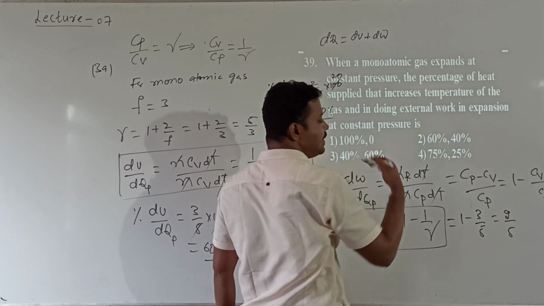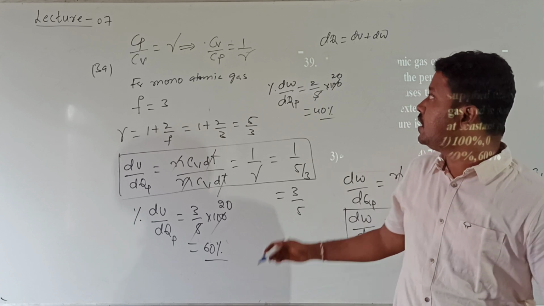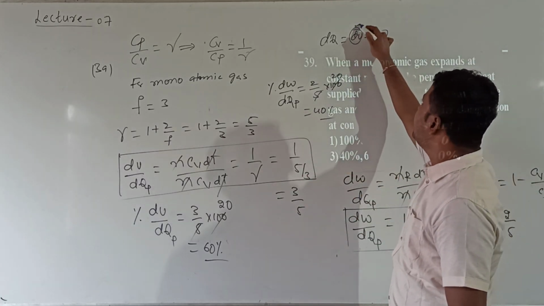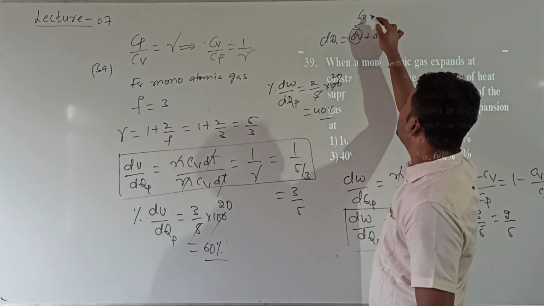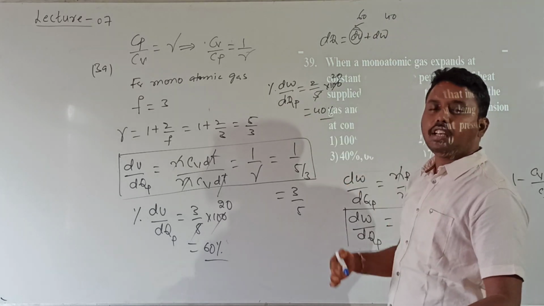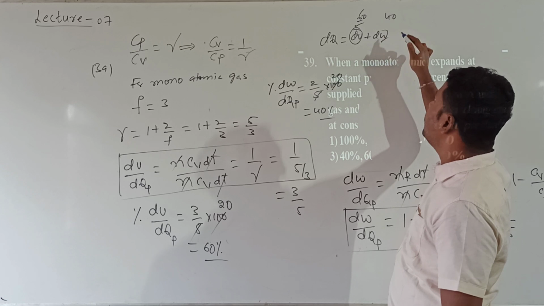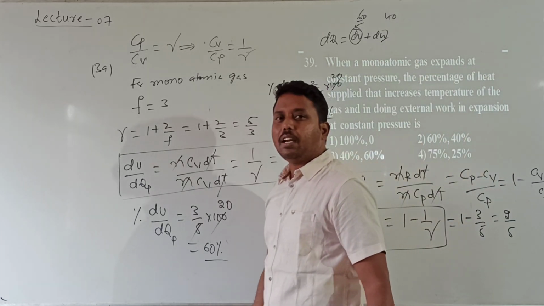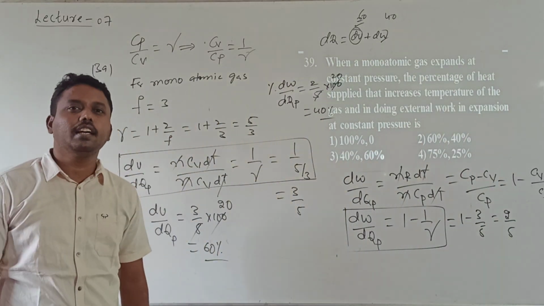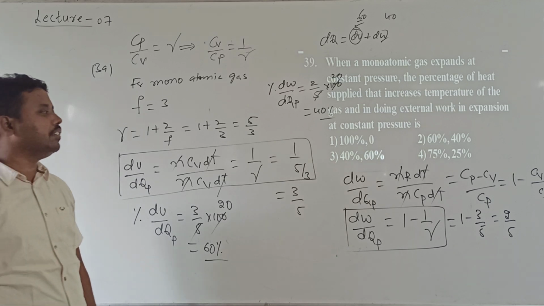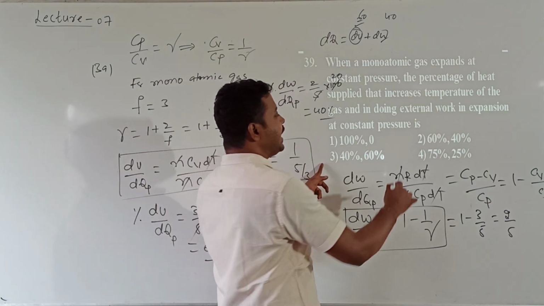If 100% heat is supplied and 60% is used for increasing the internal energy, then how much remains for doing work? From 40%. If 80% is used for raising internal energy, how much work is done? That is 20%. The second part you can tell directly. Okay? But I think in the options they have given a third option. So it is the second option.